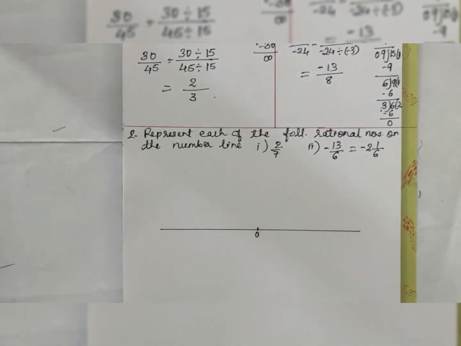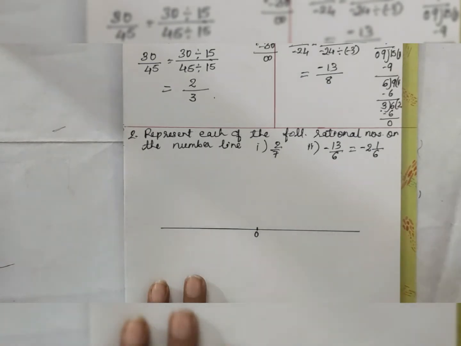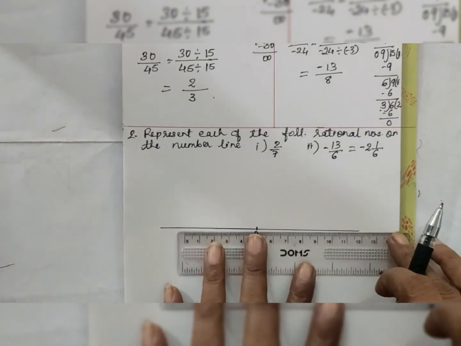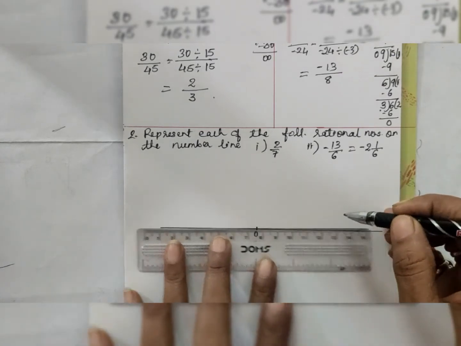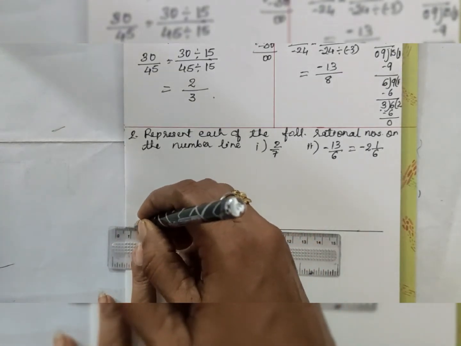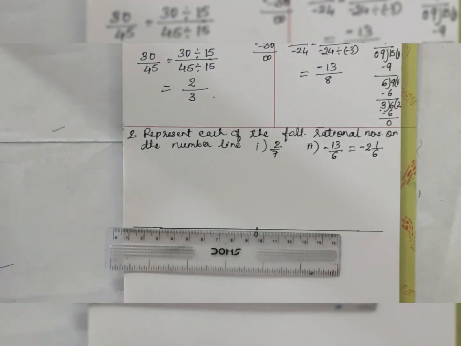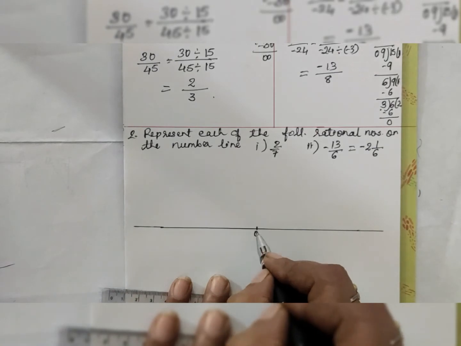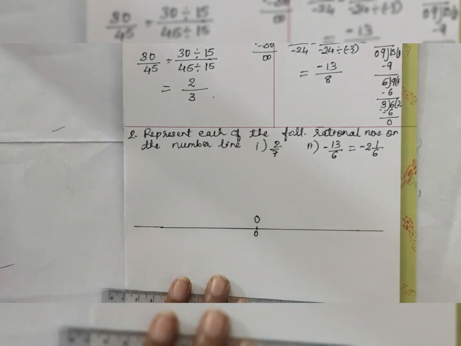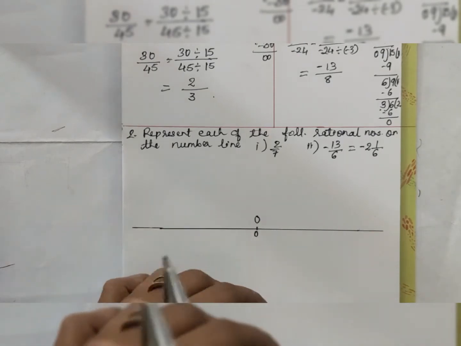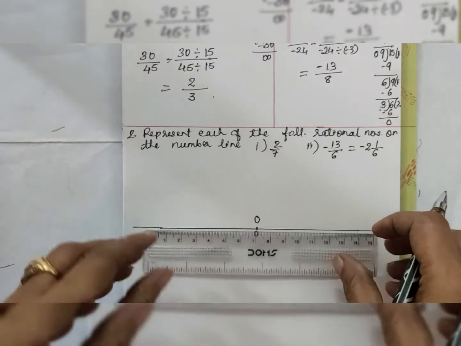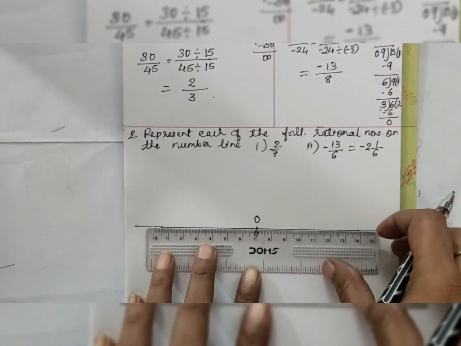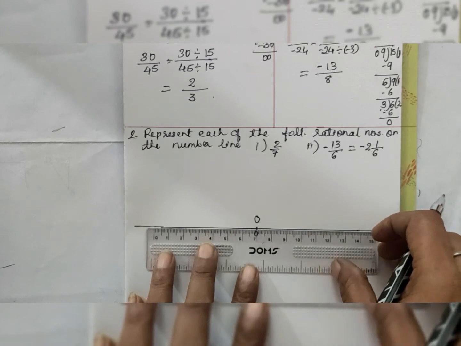Now what you have to do, children? You will draw one number line as I have drawn here. Take equal gaps. Draw a line and take point O on it to represent 0. This is 0, so give it the name O. Now take points on the line such that every distance will be of 1 unit.